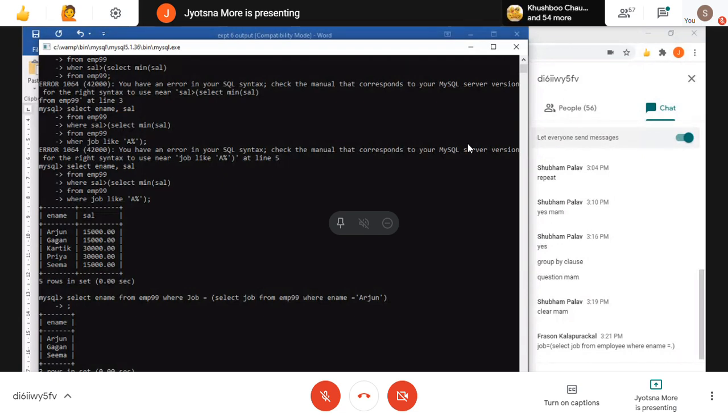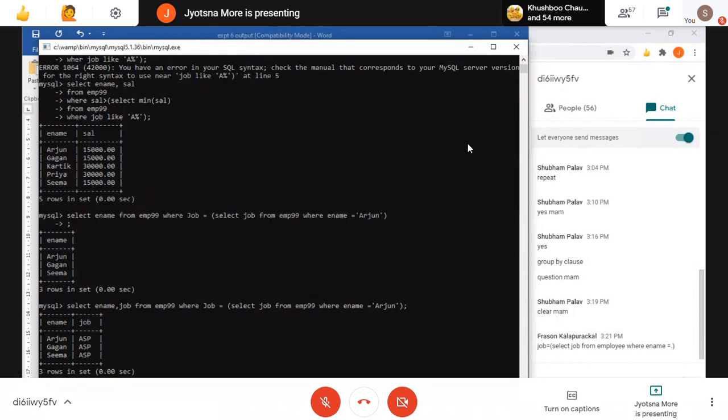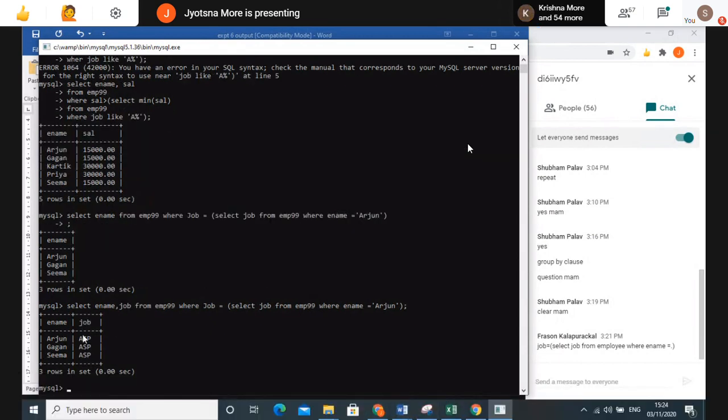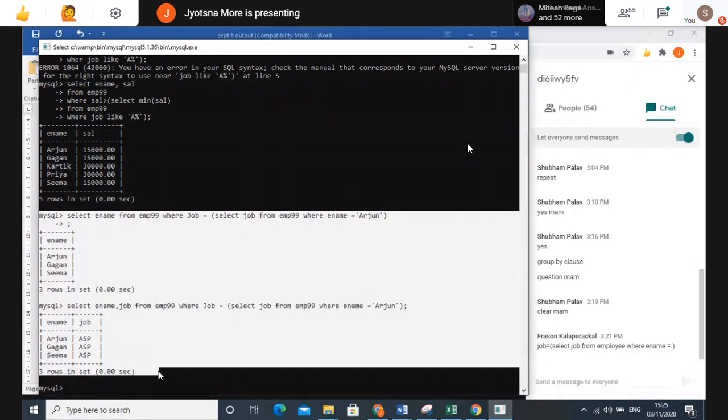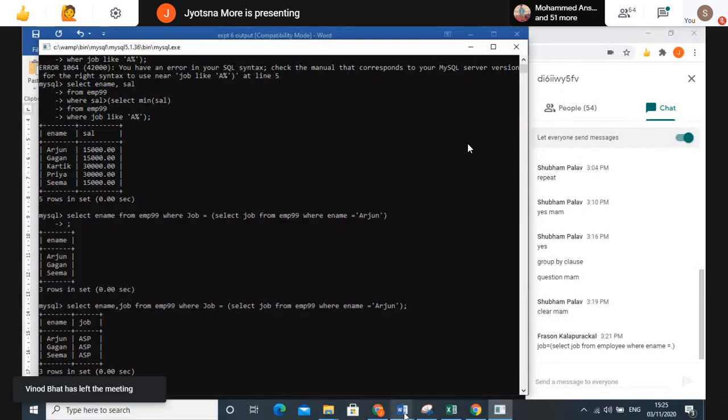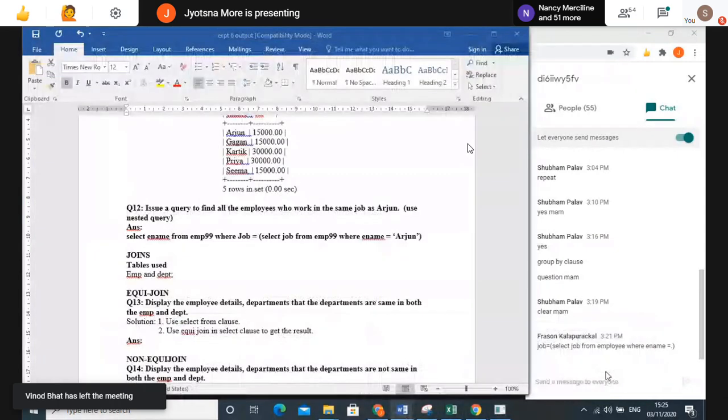See, all of these have jobs starting with A, and Arjun's job is ASP, and there are other people whose job starts with A, the same job as Arjun. Clear, everyone? I'll suggest for such a query, this is the best result to display. You can go for any result, but this is one of the best. That is up to you. Both answers are correct. If an external examiner asks you on the spot to display it with the job, you should know how to do that.